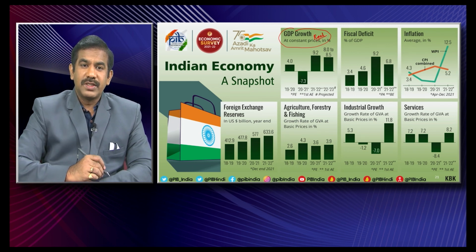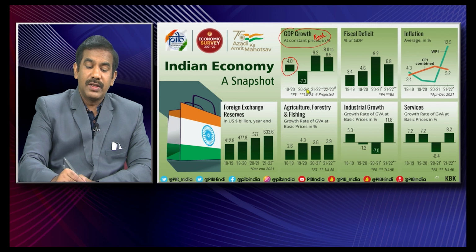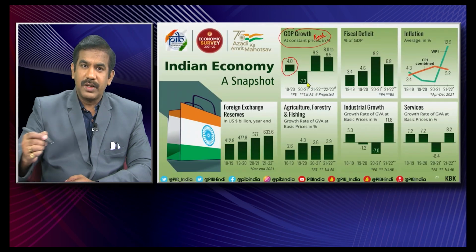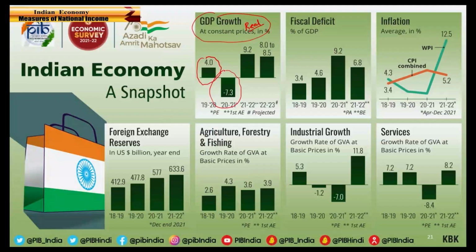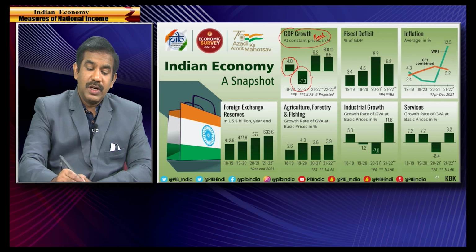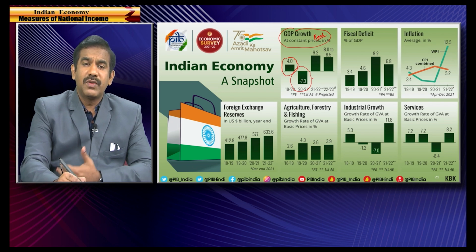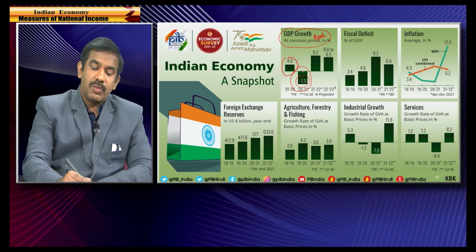What does the Economic Survey say? In the financial year 2019-20, we experienced a 4% growth rate, and in 2020-21 we experienced a contraction in growth, minus 7.3. In this year we experienced a minus 7.3 growth rate, a negative. Why is it so? You and I know that because of COVID, for almost 70-80 days the economy came to a halt, so no activity took place. That's the reason in that year, not only India, almost every country across the globe experienced a contraction in economic activity, and that's why we reported a negative growth rate. Immediately the very next year we bounced back to 9.2.